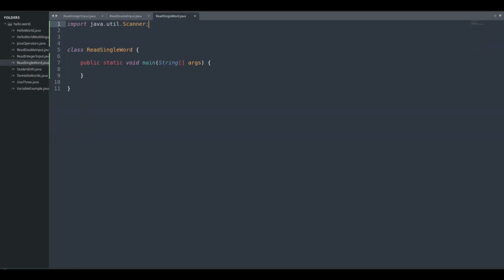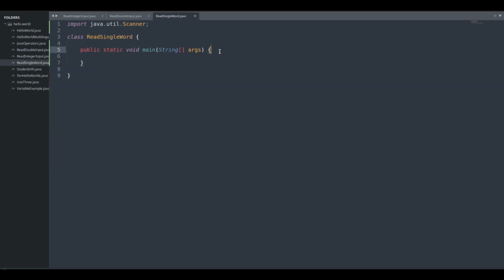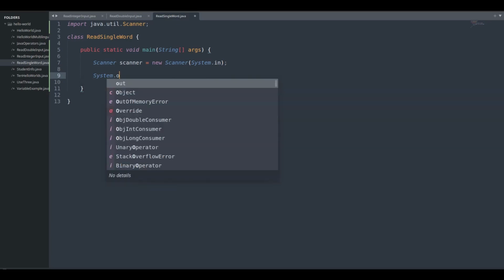I think I made a mistake there. Anyway, I'll copy that and this part as well, because it's going to be the same. There. So when it comes to reading a single word, we basically begin with a prompt, as we did with